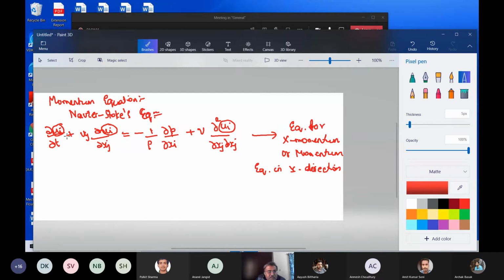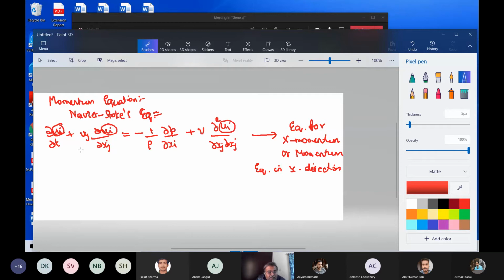So basically, now let us look at the other term. This is an equation for ui. If you had uj, it is a different thing. If you had uk, it's a different thing. So this is for ui, so these terms will be ui in that case.